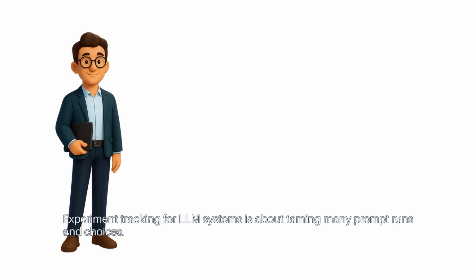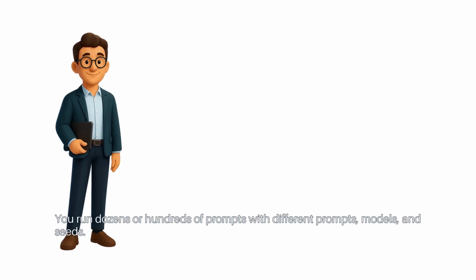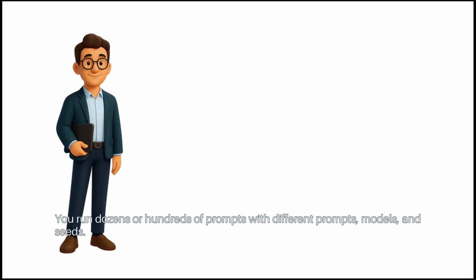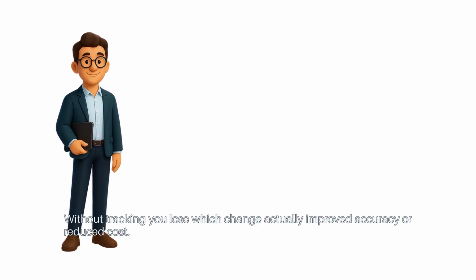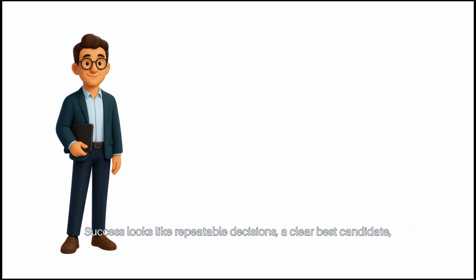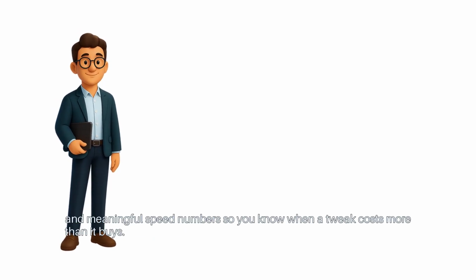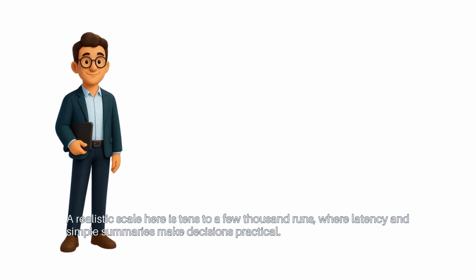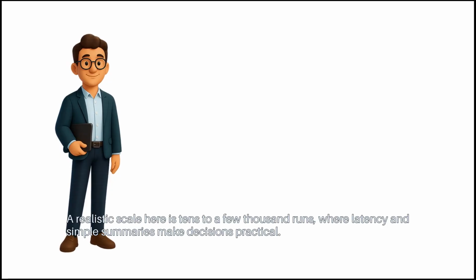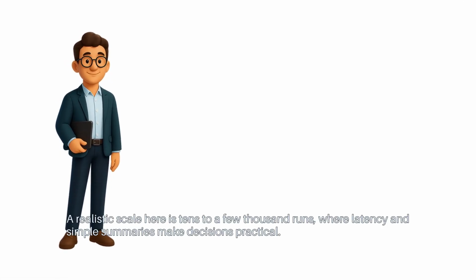Experiment tracking for LLM systems is about taming many prompt runs and choices. You run dozens or hundreds of prompts with different prompts, models, and seeds. Without tracking, you lose which change actually improved accuracy or reduced cost. Success looks like repeatable decisions, a clear best candidate, and meaningful speed numbers so you know when a tweak costs more than it buys. A realistic scale here is tens to a few thousand runs, where latency and simple summaries